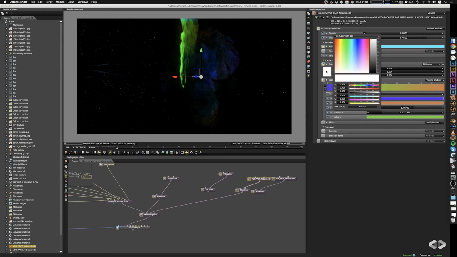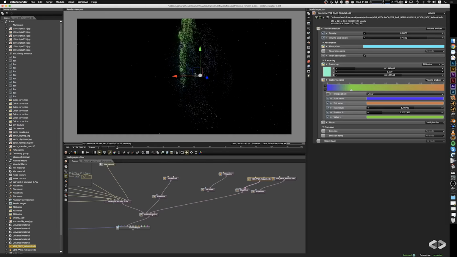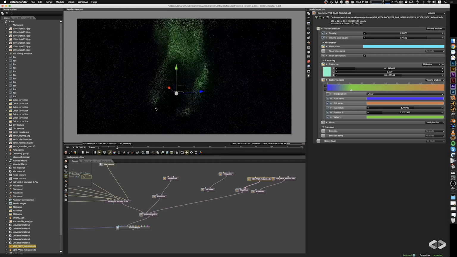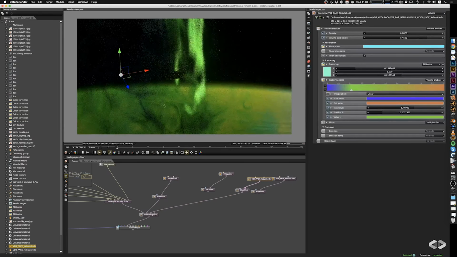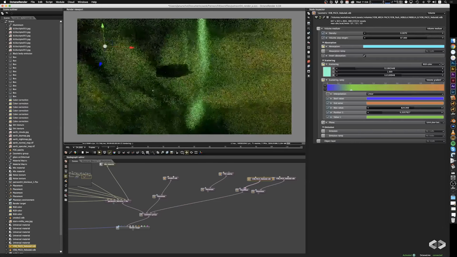So you see I have a different kind of ramp in here. So we can now overlay these two different looking nebulas, and you can see that